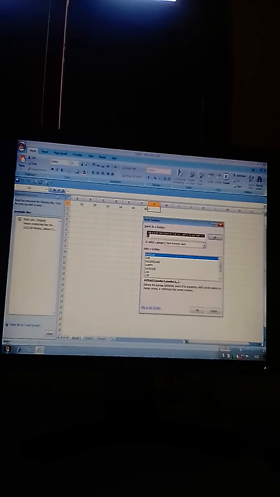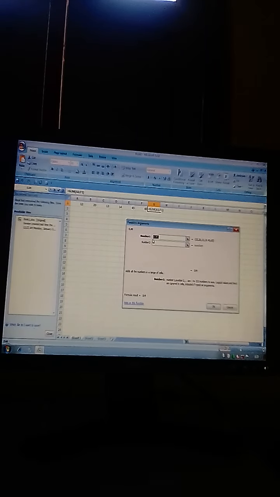For example, we will find out the total or the sum of these values. So here we will click on the sum in the menu that appears after clicking on the fx function, and we will click on OK.